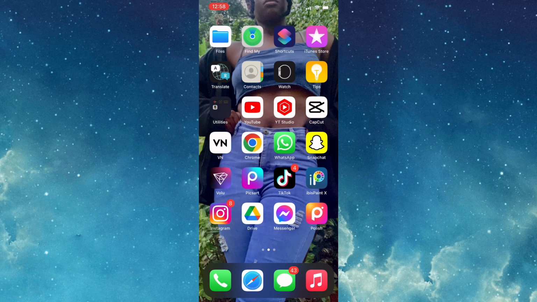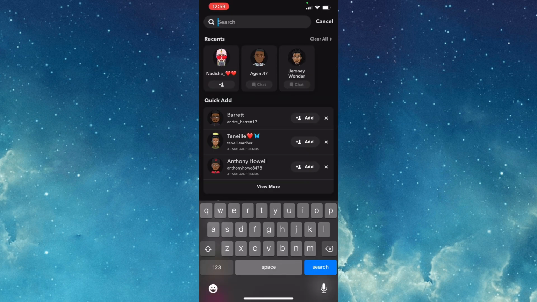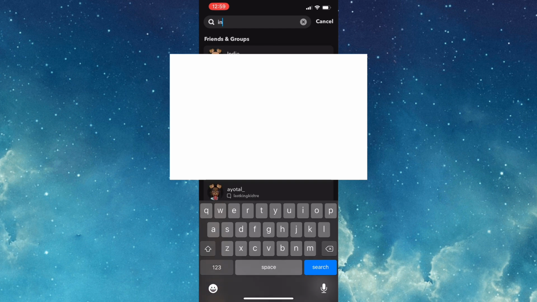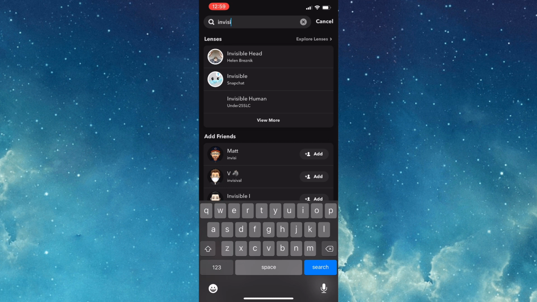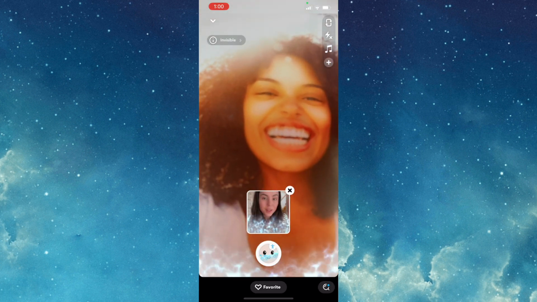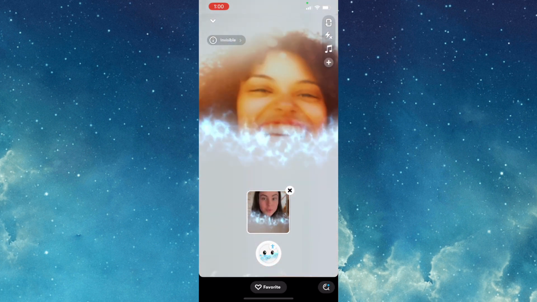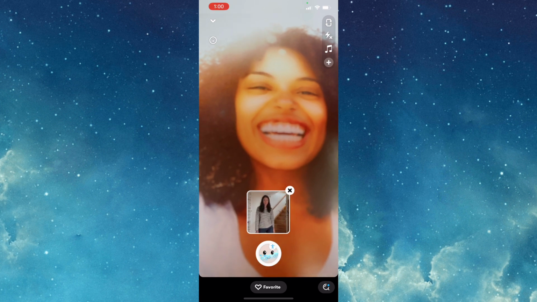Once that is complete, I'm going to now launch Snapchat and search for invisible filter. Once you find it, you're going to click on the filter to use. You can also add it to your favorites, and you can record your snaps, which you will find in your